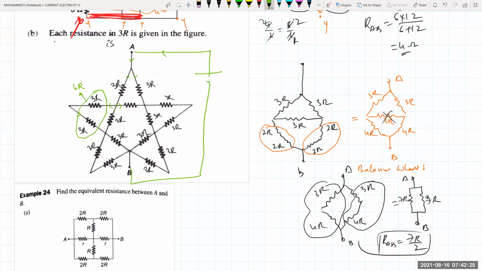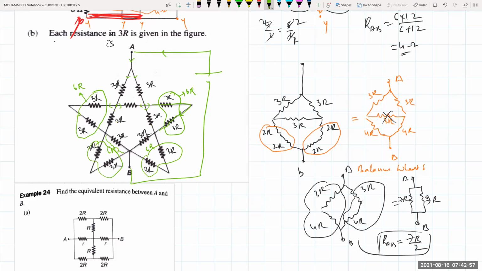And here also this current will come here. It will get divided here like this, and like this. Again, there is no division of current. This current will go as it is. So this 3R and this 3R will be in which combination? Series, 6R. This 6R and this 3R will be in which combination? Parallel. So this one is also becoming how much? 6R. This one is also becoming 6R.